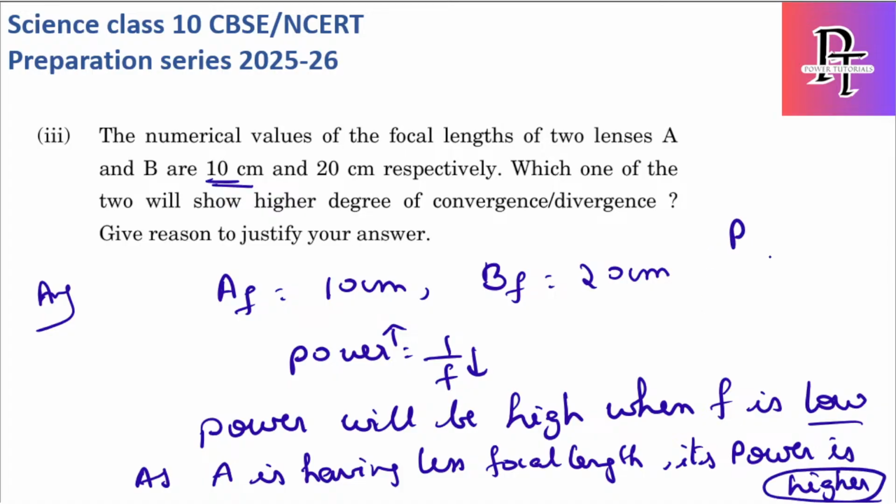Simply power or degree of convergence का A is greater than degree of convergence than B। अगर रीजन पूछ लिया तो पावर इक्वल टू 1/फोकल लेंथ, तो इसलिए A का पावर ज़्यादा होता है कंपेयर टू B।